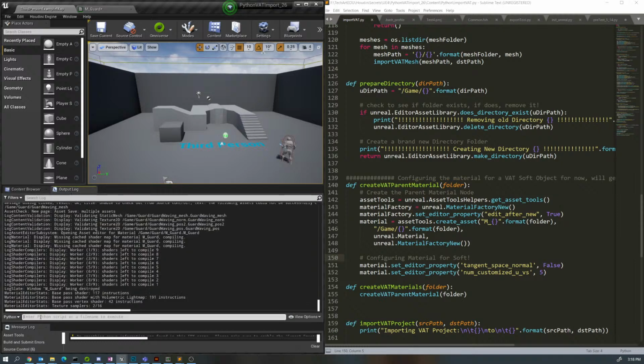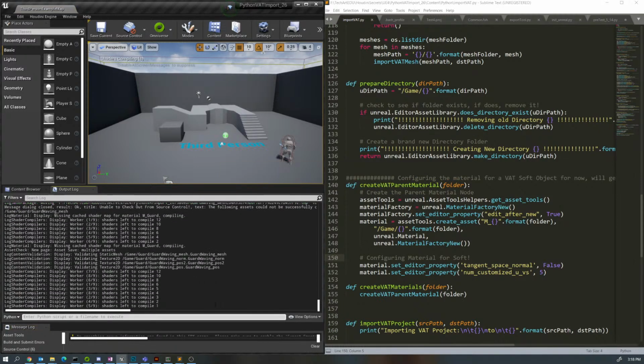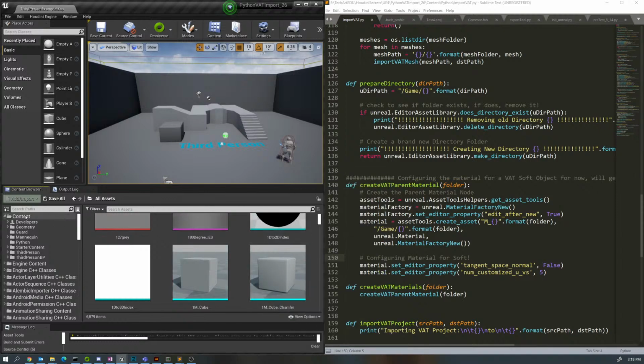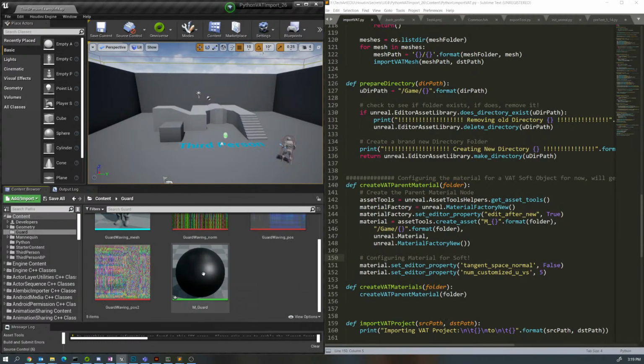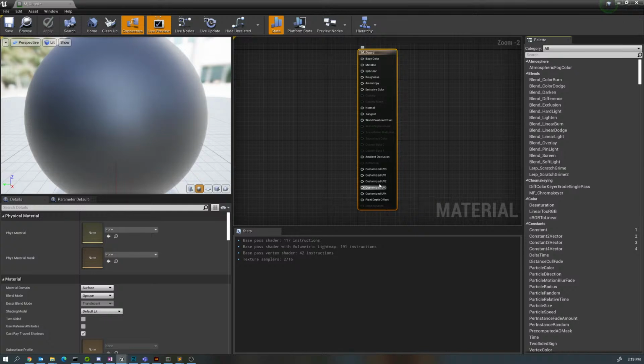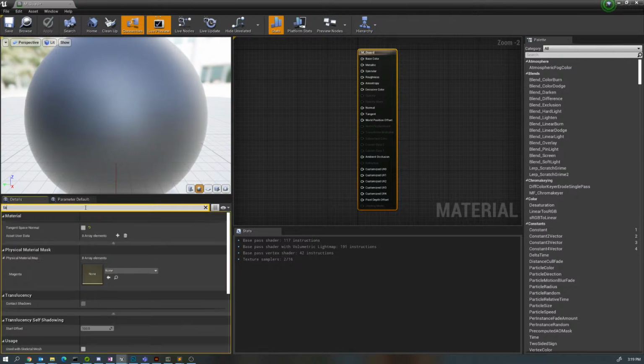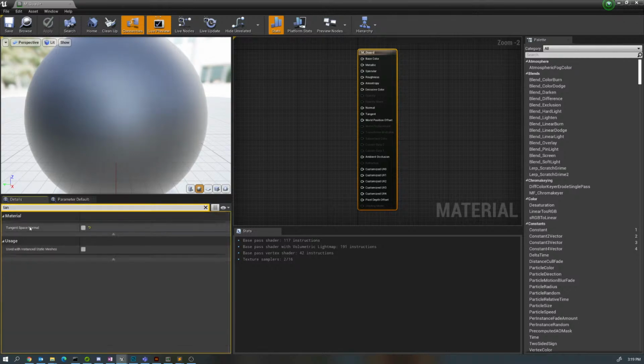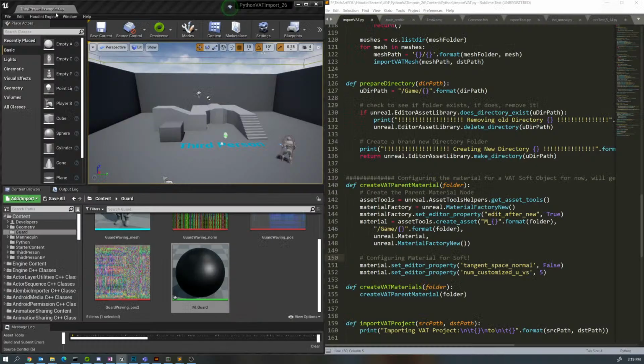All right, go in here, test it. Okay, and it does, ooh, it had to recompile the shader. So that means that stuff is working properly. So we are going well. So let's take a look at things. Here's our guard, and here's our guard, and we see that it's now black. Interesting. And look at that. We have 5 custom UVs in here. And if we look at our tangent space normals, it is false. Okay, so we are now configured properly